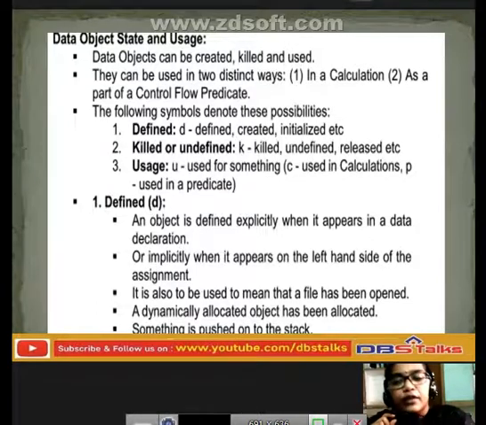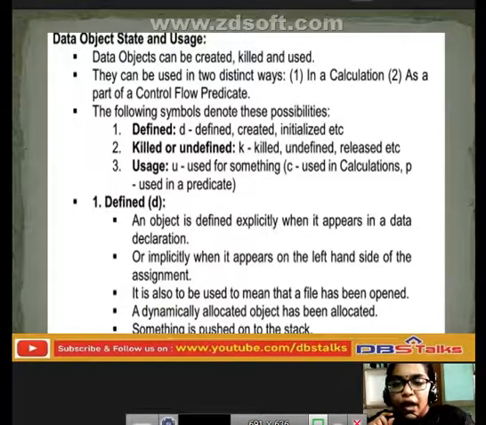So an object is defined explicitly when it appears in the data declaration, or implicitly when it appears on the left hand side of the assignment.